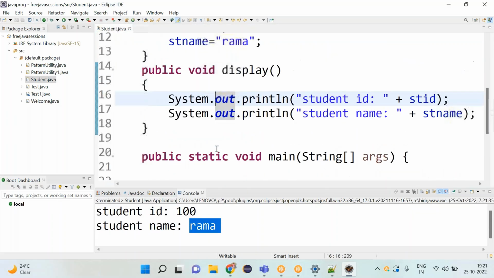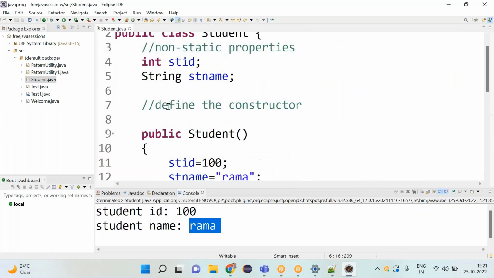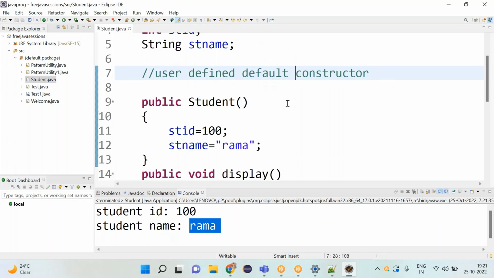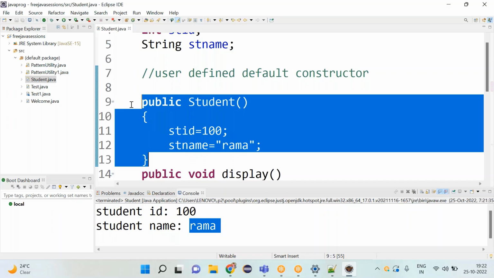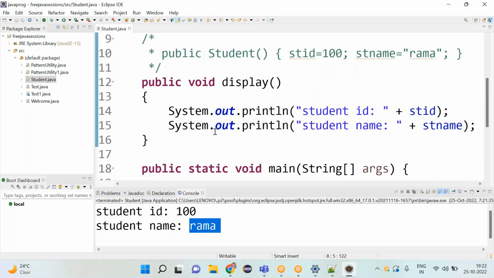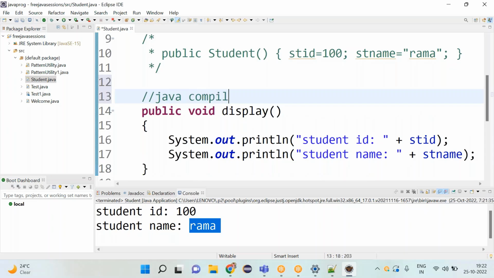Now the point I wanted to tell you here: whatever constructor you are defining, this is the no-argument constructor, or else the user defined default constructor. What do you mean by default constructor? It is a constructor which does not take any parameters. If you are not defining one yourself, automatically the Java compiler generates